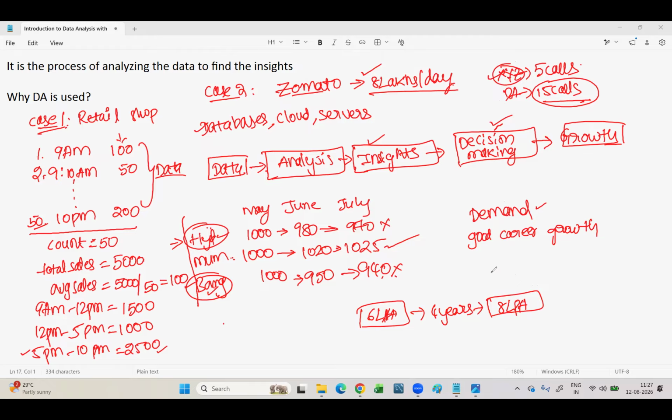Again, you will go back to some institutes or some learning. You will make it some in-demand skill, whatever is there at that time. You will again switch to that particular domain. You will again invest your money. You will spend your time, leaving the skill set that you have learned here. That is not good career growth.